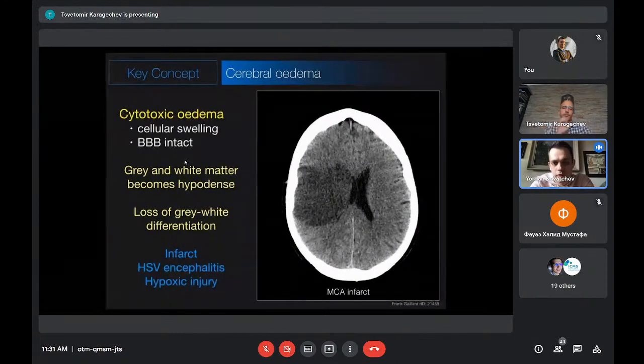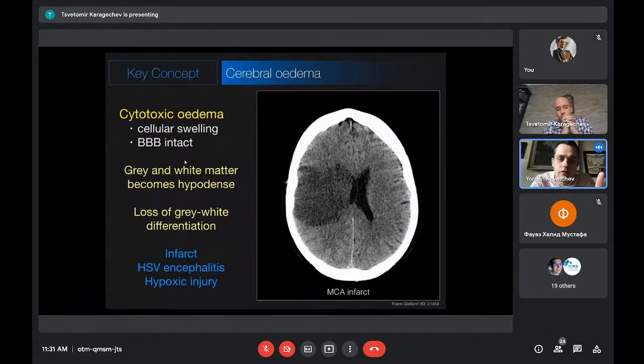This is what we'll talk about. The other cases are more rare, maybe for another workshop, but think cytotoxic edema, infarction, because when the cell infarcts, the sodium-potassium pump gets disrupted, and then you get cellular swelling. This is on microscopic level, but what we see on the CT is this big area, or it might be a small area, as I'll show you, where basically we don't see the difference between gray and white matter.